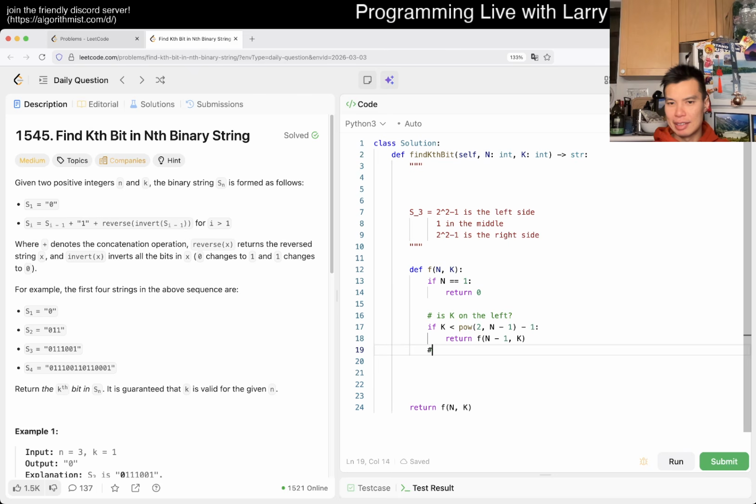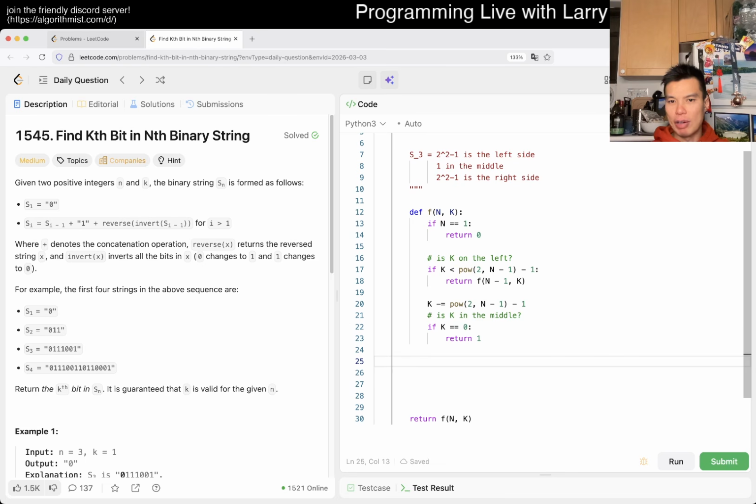Okay, so then is k in the middle? Well, now that it is on the left, we can re-index it, right? Then if k is the first number, then we just return 1. And otherwise, it's going to be on the right. And on the right, we